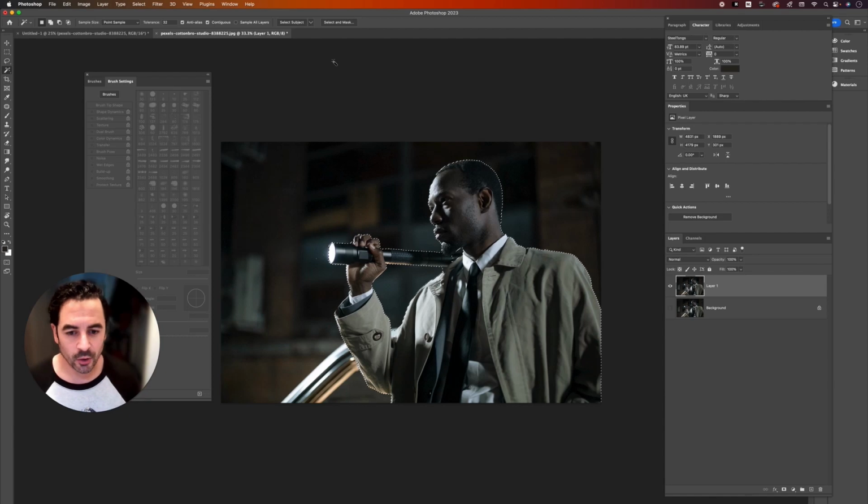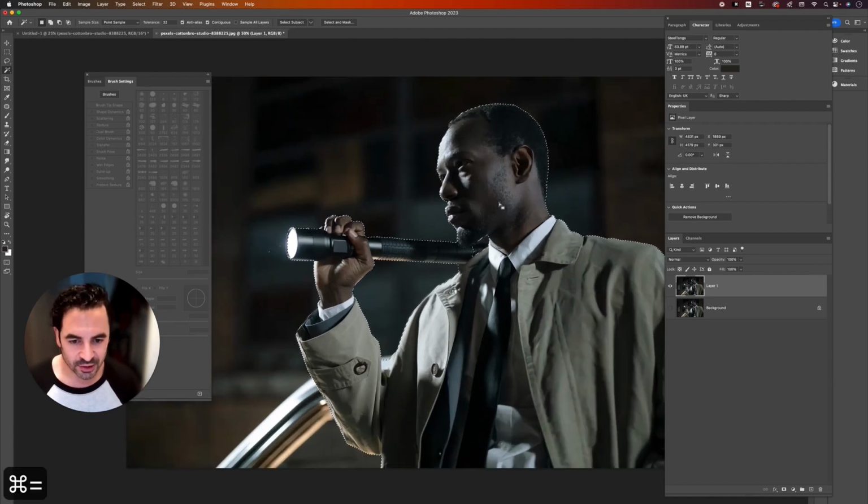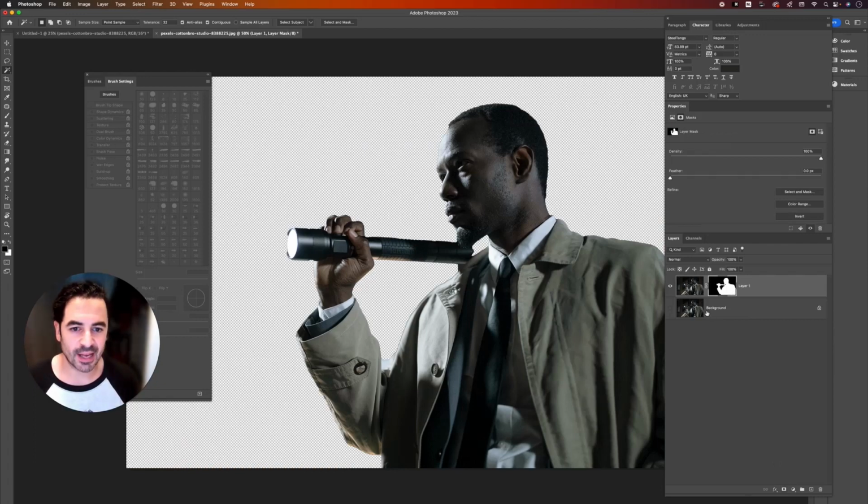And this is going to help us get at least a basic selection for what we want. You'll see it does an okay job, but we did lose a little bit of the flashlight in here. And there's a couple spots that I'll have to clean up, but it gave us a really great jumping off point. So once you see those marching ants, go ahead and click on the layer mask here,